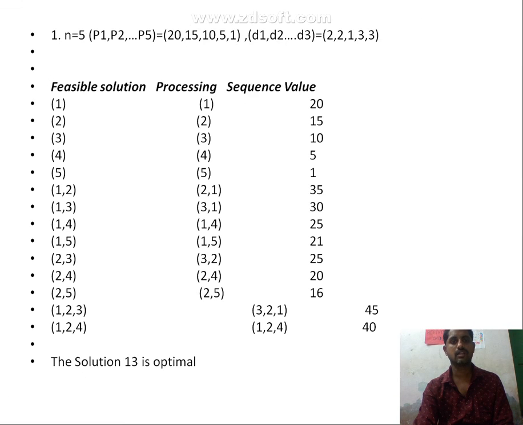See, this is an algorithm, and how to calculate: the maximum deadline is 3. You have to assign the 3 sequences: the first one we go to the first sequence, then second and third. In the end we have to get the feasible solution that equals 45. A simple way, see here: 2, 2, 1, 3, 3, the maximum is 3. You can write 3 columns.